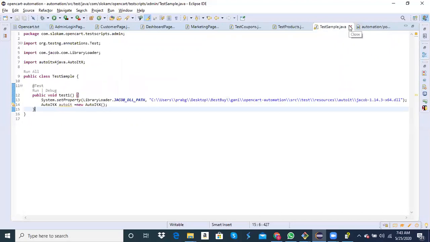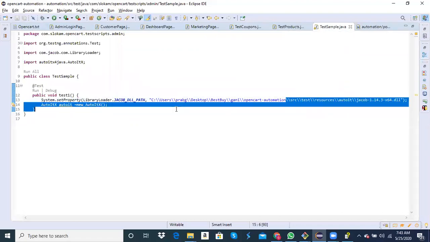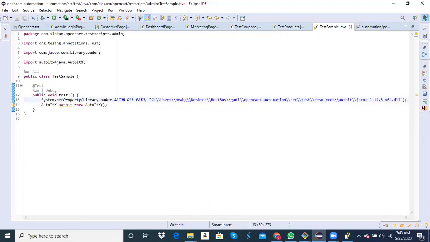So what we need to do is use a relative path. So how do you put the relative path? From your C drive or D drive to your project name, you cannot give that, and you need to replace it with a dot. Dot refers to the current base folder, and then from there src test resources. This will be common for everybody.